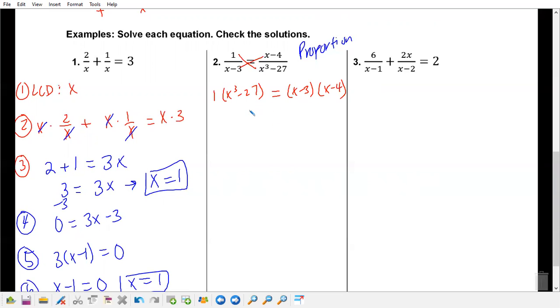Okay, so do we see how that works? So when you solve by cross multiplying, what ends up happening is it automatically takes it from being 2 fractions to being